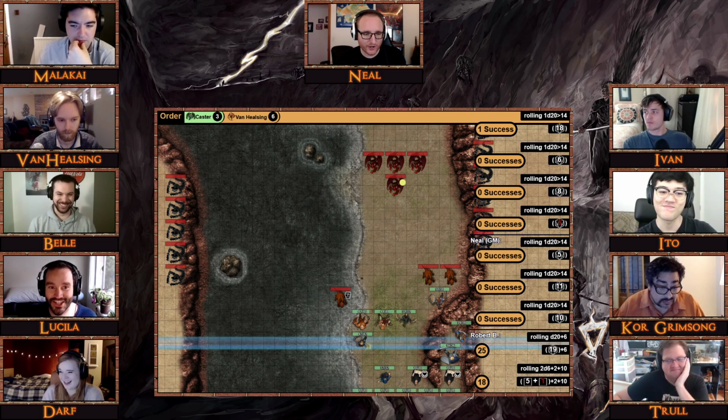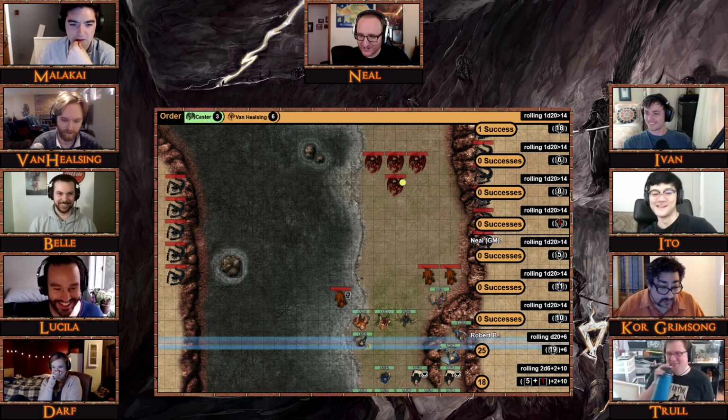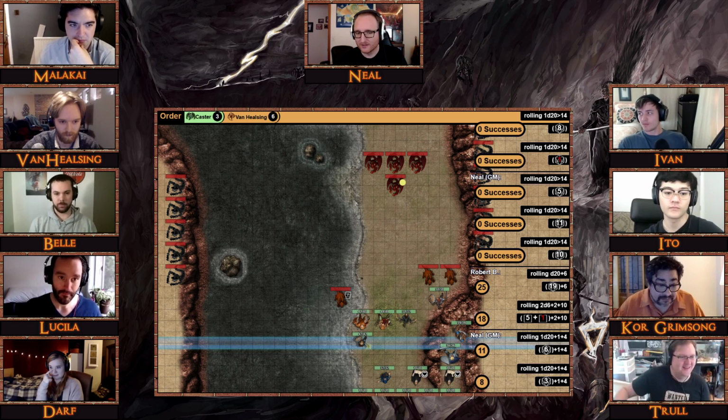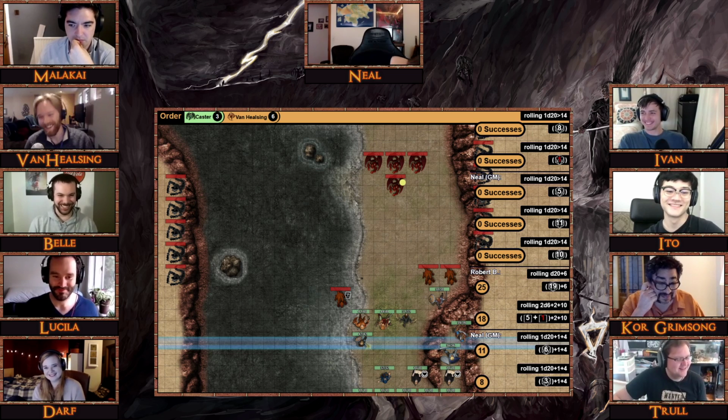So here's the two against the gnome. It's nothing to do with the fact that he's a dart specialist. Here's against the gnome, an 11 and an 8. I think those are no good. Yeah, you miss. And then we're just... What is your AC, by the way, gnome? 45. I think